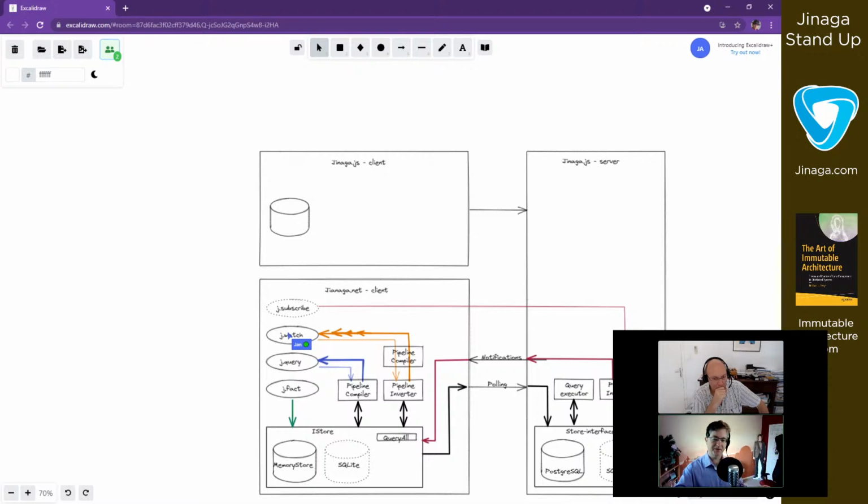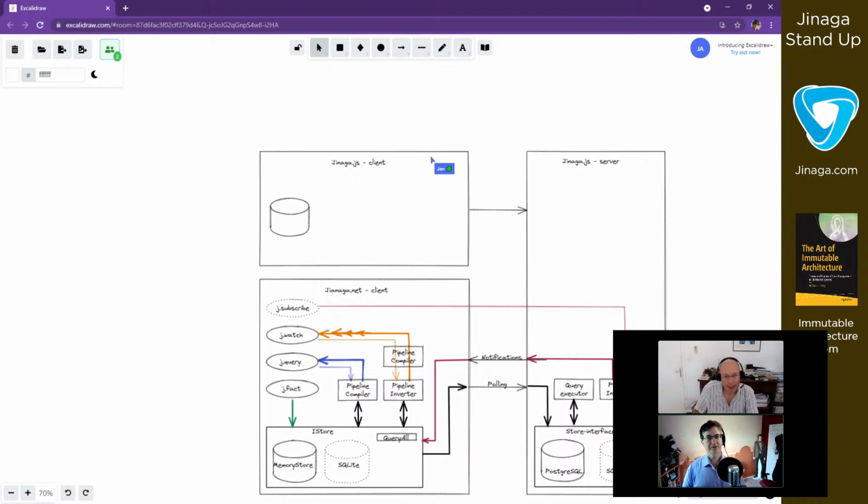Something comes in from the user or from a notification, it gets put into the store, and then it also takes a look at all of its j.watch observers and says, okay, you need to know about this one, so I'll send it to you.